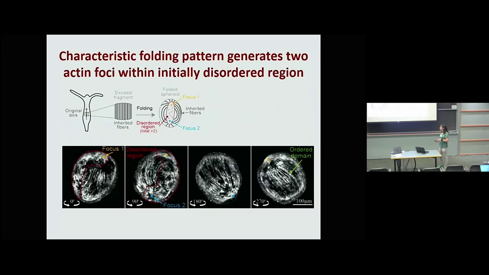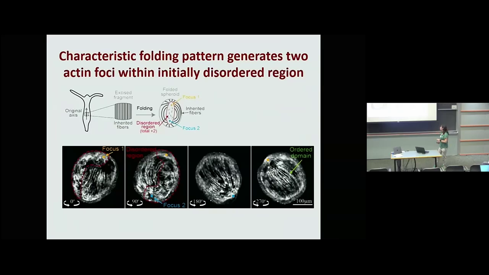So the ordered array spans roughly 2/3 or 3/4 of the circumference of the spheroid. And then the disordered region will be located at the top and the bottom of the spheroid, with also a bridge connecting it. And what this means is that the top and the bottom, which lack nematic organization, can be identified, in fact, as foci of the nematic organization, because they're mostly surrounded by a radial